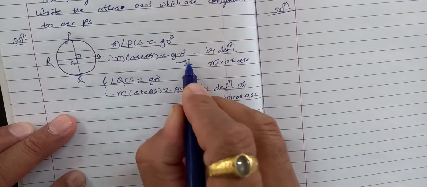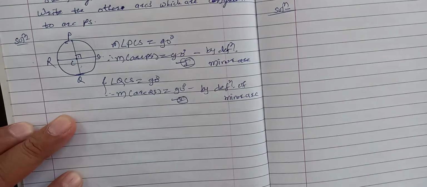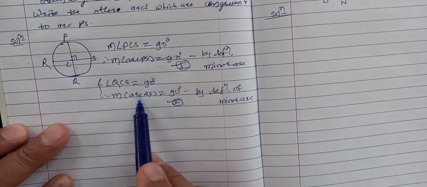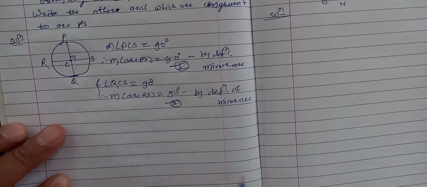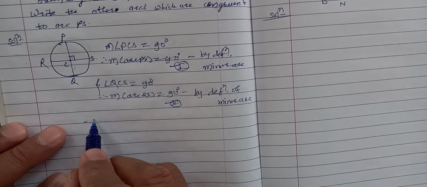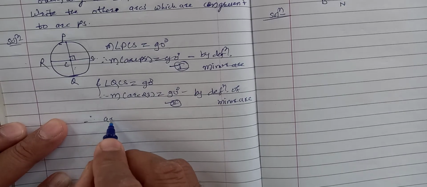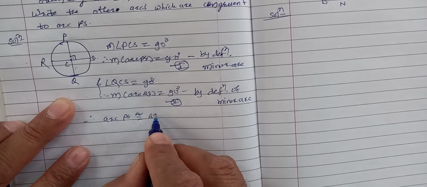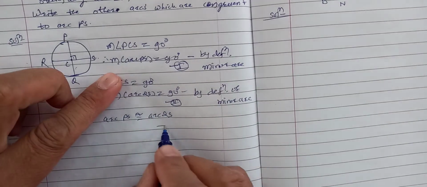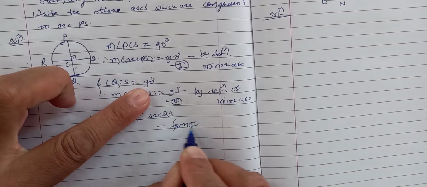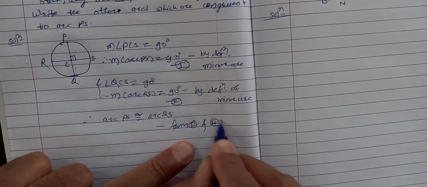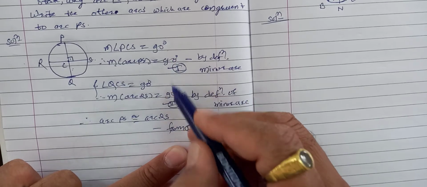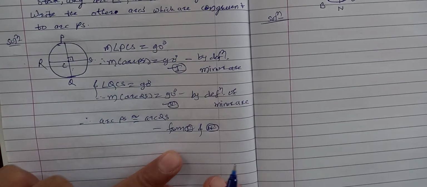Now, if we see this one first, this one second, can we say the measure of arc PS is 90, and SQ is also 90? So can we say these two are congruent? Yes, if the measures are the same, directly we can say therefore arc PS is congruent to arc QS. How? From first and second. What we showed is that the measures of these two arcs are congruent, so they are congruent.